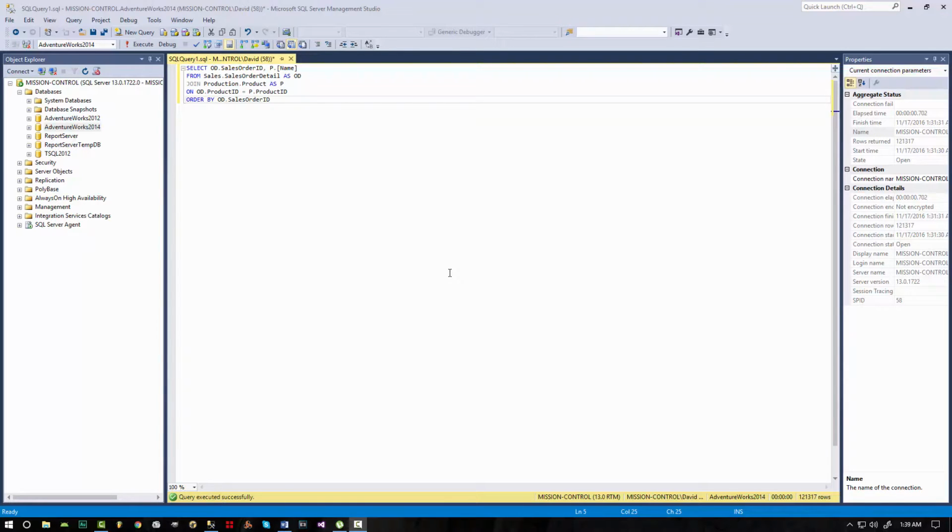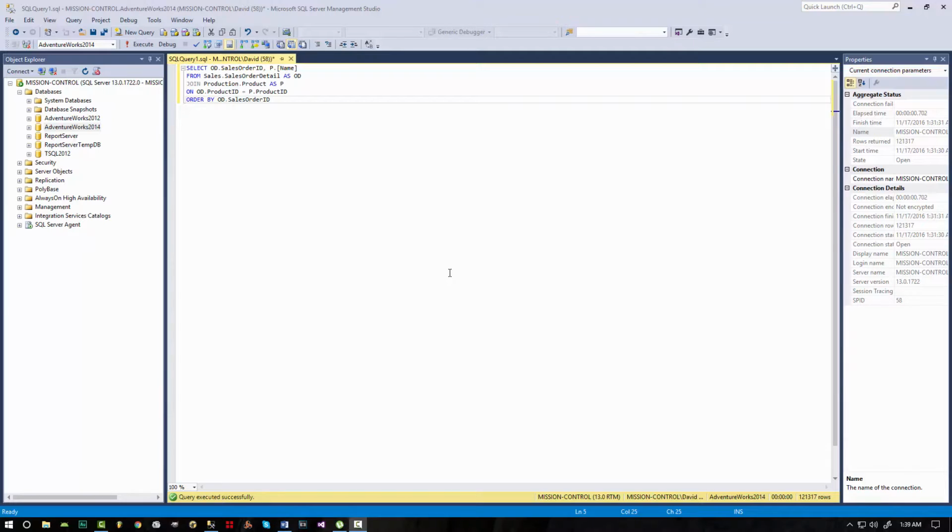To start off with, I'm using the AdventureWorks 2014 sample database, which can be downloaded from Microsoft's website. I'll provide a link to it in the description. As you can see here on the screen, I've just written up a simple join query. I think this will be sufficient for now to demonstrate how easy it can be to understand join syntax. I'll expand on this query in a few moments, and as you'll be able to see, grasping this concept will